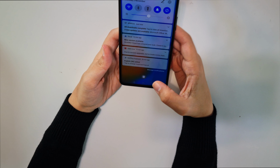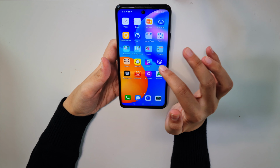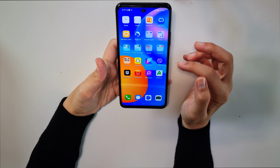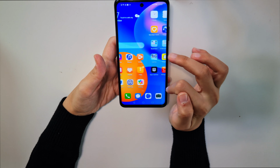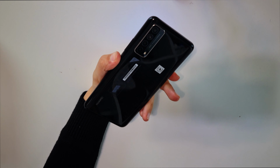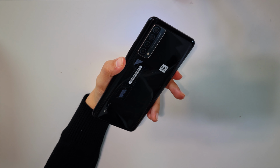EMUI 10.1 based on Android 10. Very bright display. Here are the pre-installed applications that the phone installs when you put in your Huawei ID and so on. And the 3 applications that you actually need are More Apps, APKPure, and App Gallery, for having everything you need if that's your first phone. The processor inside this phone is the Kirin 710A, an 8-core processor, and the graphics Mali